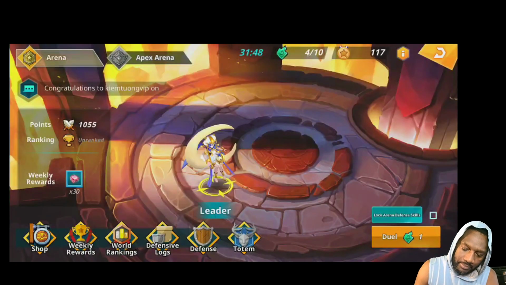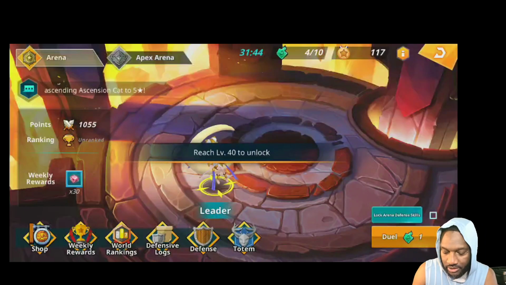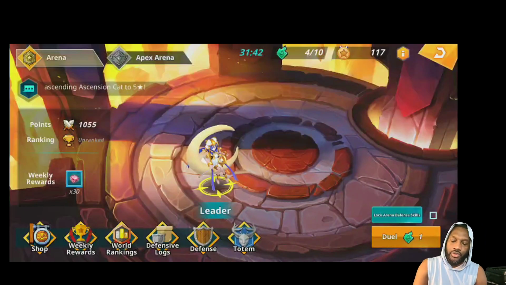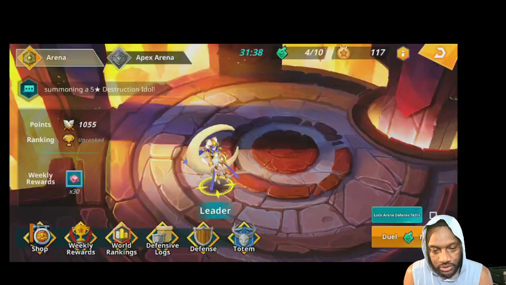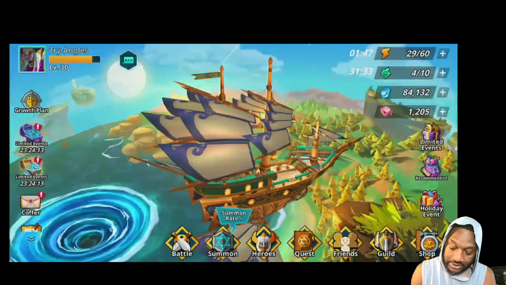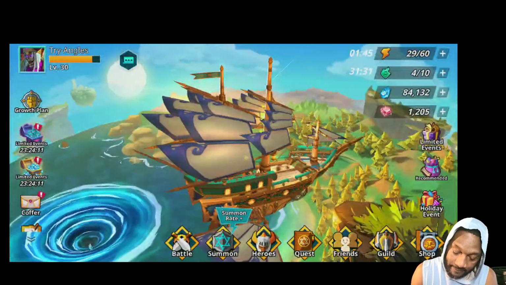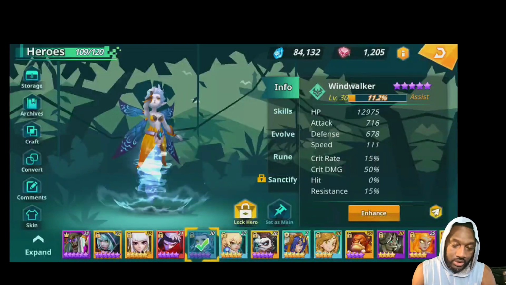And if you go into Apex, I guess I can't show it because I haven't reached level 40 yet. If you go to Apex, you get a lot more LD scrolls. So the more runes you have, the better you are to build your monster. The monsters that you're able to build are great. Start fishing for 5 stars because they are a great 4-star unit, like Windwalker, one of the best units out